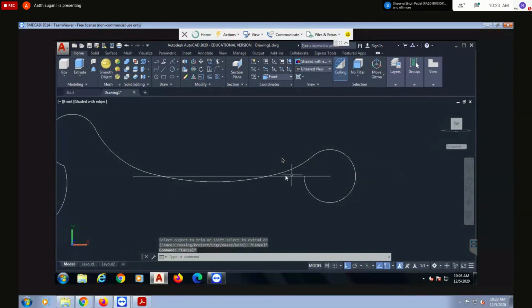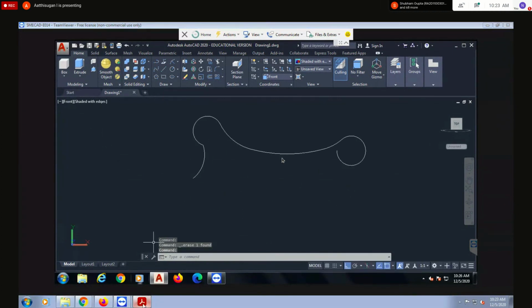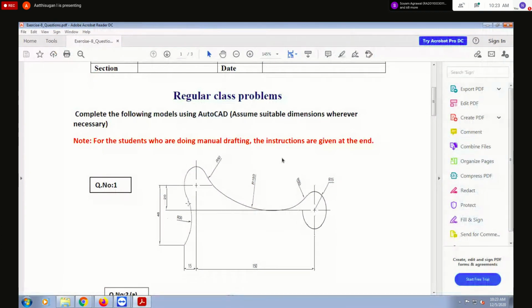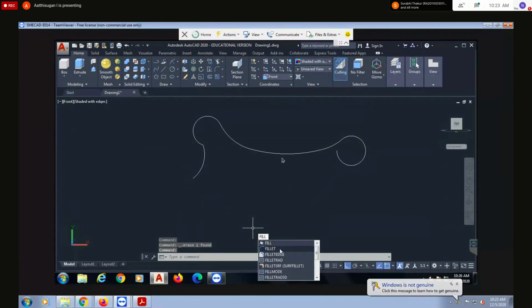Now delete this line. See there, but this curve we have to get. For that you use the fillet option. The option is FILLET.